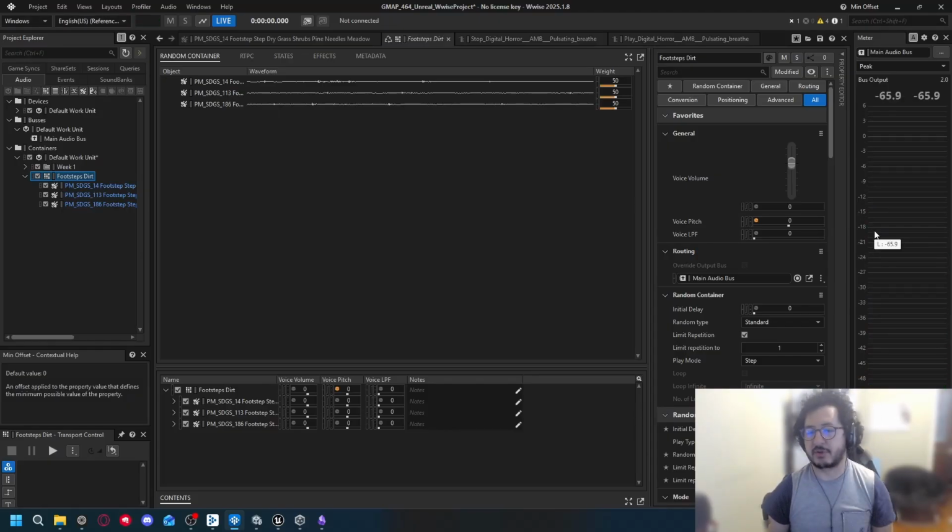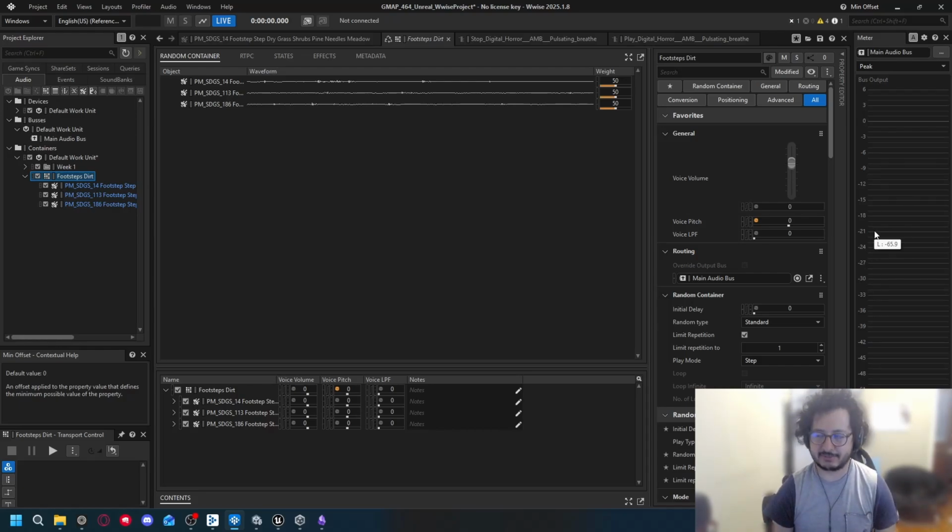Yeah, as we mentioned before, we need to make it close enough that it will still sound like the same material and the same texture that we're utilizing, but far away enough that they are different. They feel like different steps. Okay, fantastic. So now that I have everything here randomized,